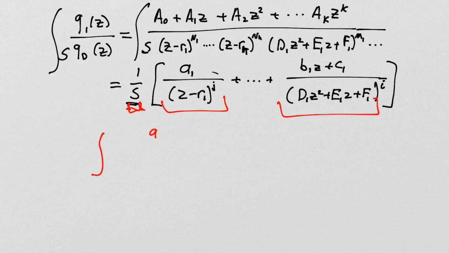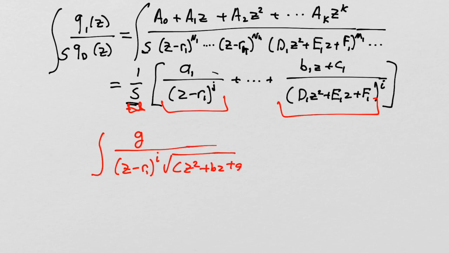Without the subscript, you're just going to confuse that a with the a that's buried in the s, so I'll just call it little g, and it'll have to be z minus r1 to the i-th power times the square root of c z squared plus b z plus a, dz. We have to be able to integrate those, and we have to be able to integrate